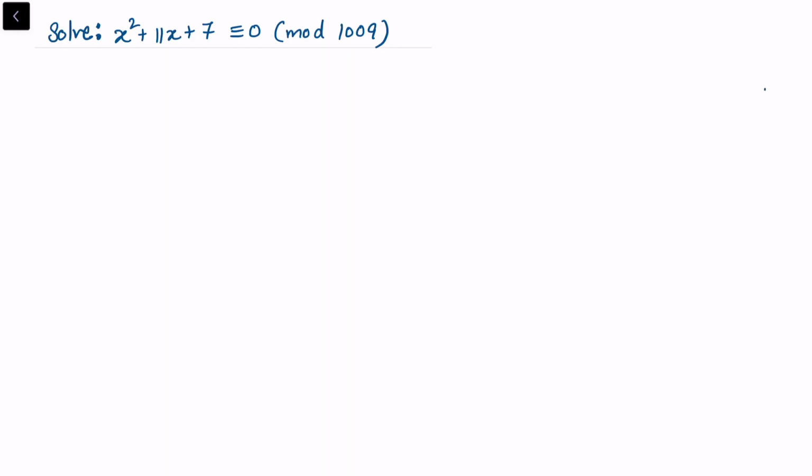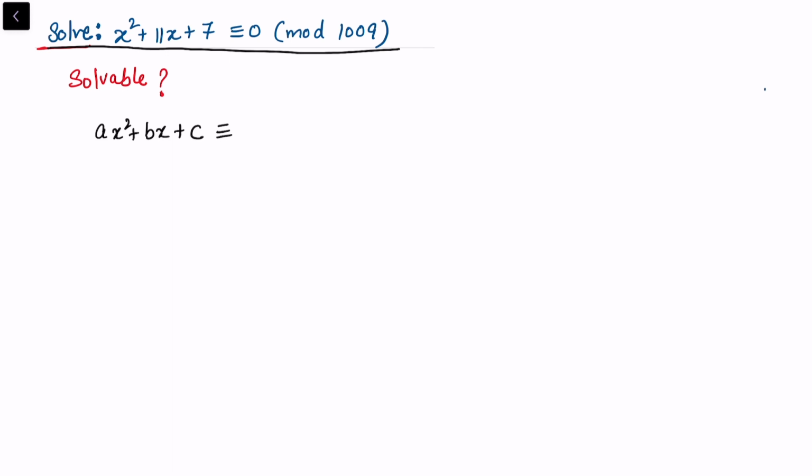In this video, we will solve this question: x square plus 11x plus 7 congruent to 0 mod 1009. But before we actually solve it, let's see whether there exists a solution or not, so whether this is solvable or not. To check whether this is solvable or not, we can see that if you have a general quadratic congruence